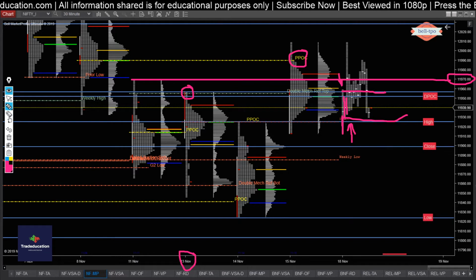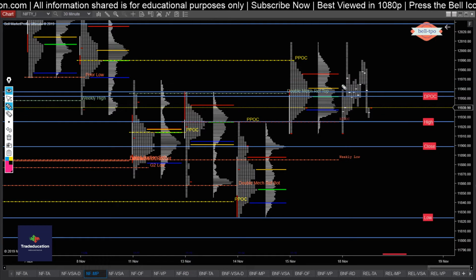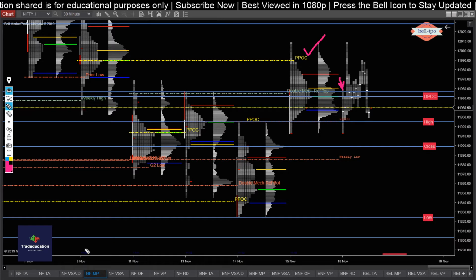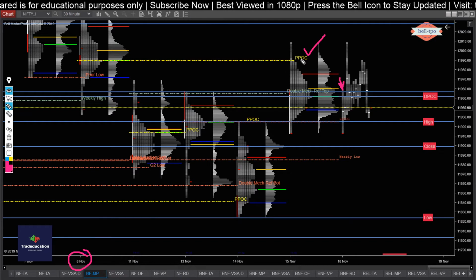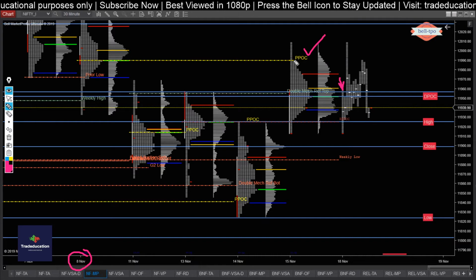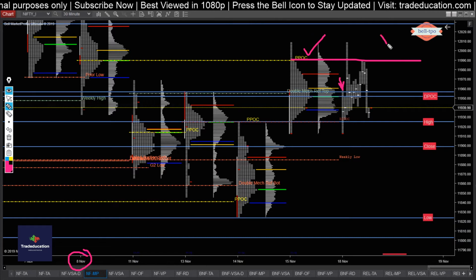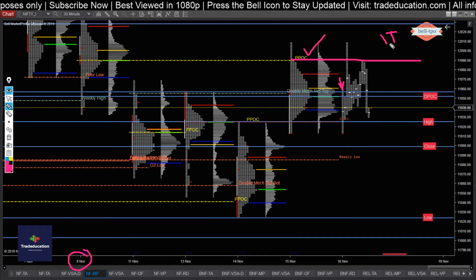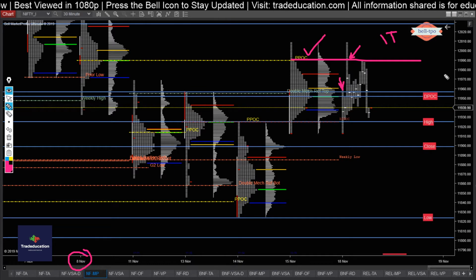So what the market generated information was telling me is that this A period high is a weaker reference, so the odds were higher that we would be clearing the prominent point of control of the 8th of November. That was my plan, and that was my trade location. Today I had just one trade, a short trade at this PPOC level. Once it cleared, and once the auction started coming back, somewhere around there, I sold 12,000 CE.